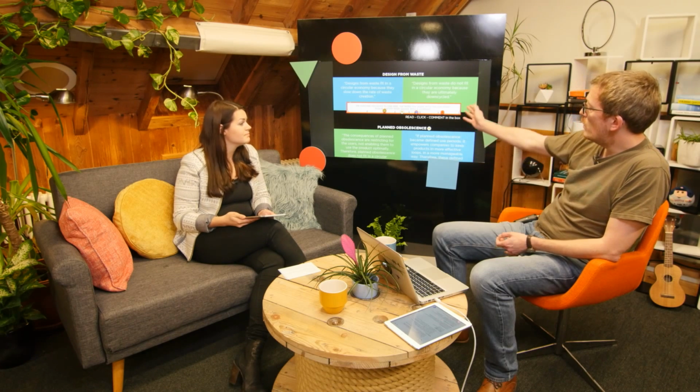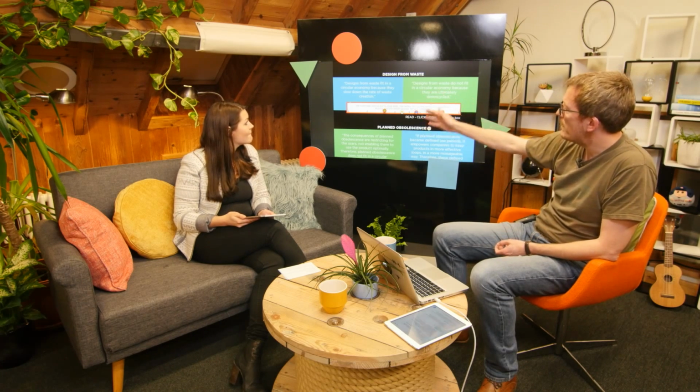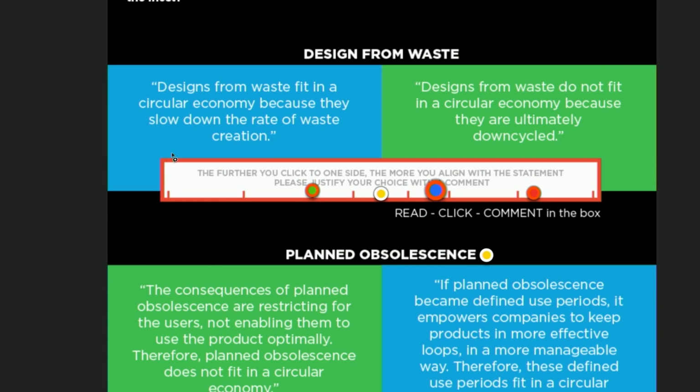So does it fit in a circular economy or does it not fit? Because ultimately the value of it decreases and it ends up in a landfill or being incinerated. What way are you leaning? You lean towards the statement on the left or the statement on the right? Personally, I probably lean a bit more to the right, that they do not fit